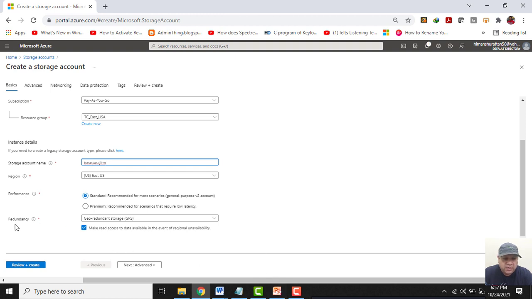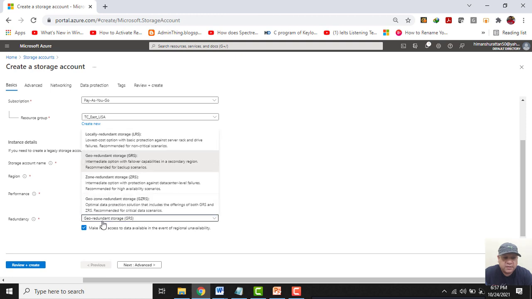But if I select the standard performance option, I get 4 redundancies. One is locally redundant storage, which we call LRS, geo redundant storage, which we call GRS, zone redundant storage, in short form ZRS, and then we have the fourth option, geo zone redundant storage, which we call GZRS.